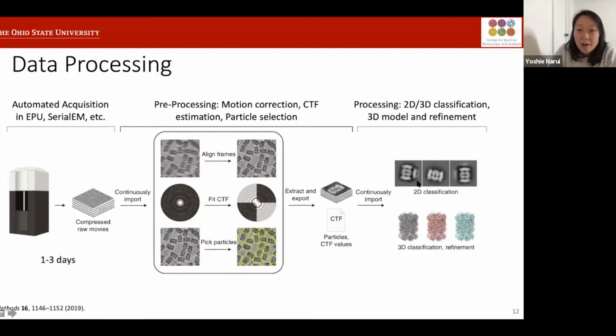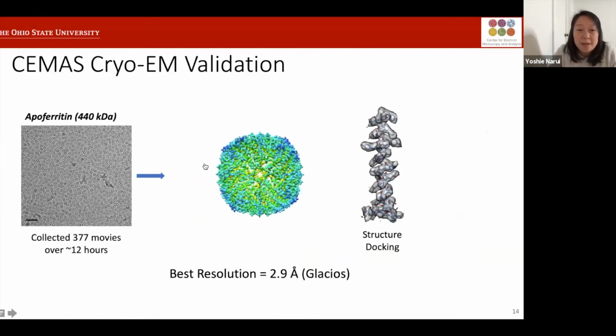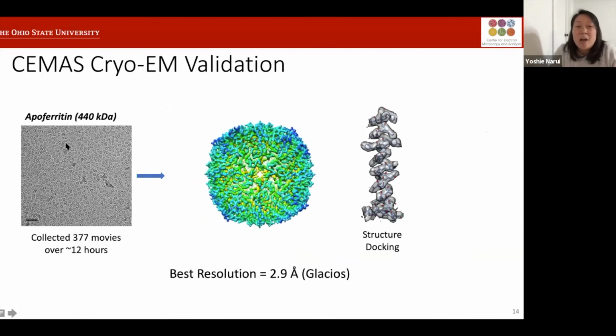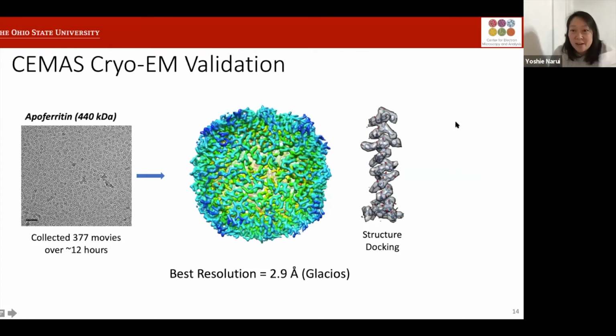Okay, and I also wanted to emphasize here that the new algorithms and reconstruction strategies are actually part of the reason why the other two Nobel Prize winners were awarded a Nobel Prize in 2017. I also wanted to say that at CEMAS, we can do similar types of things. This is just data we've collected from apoferritin, which is a standard sample, but we have been able to reach sub-3 angstrom maps using our instrumentation. Okay, so